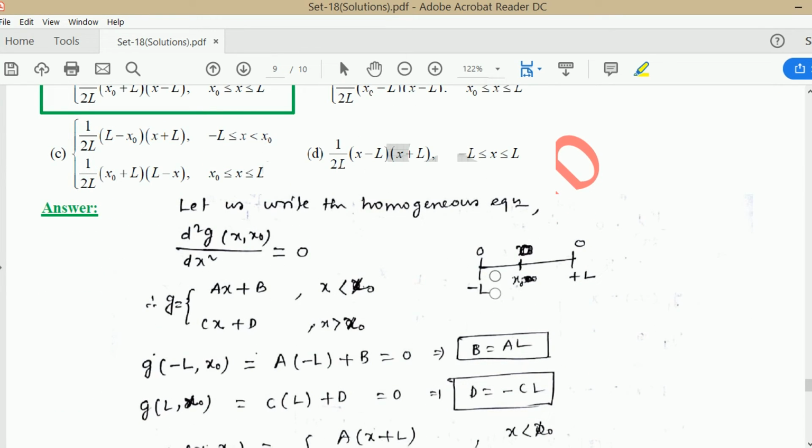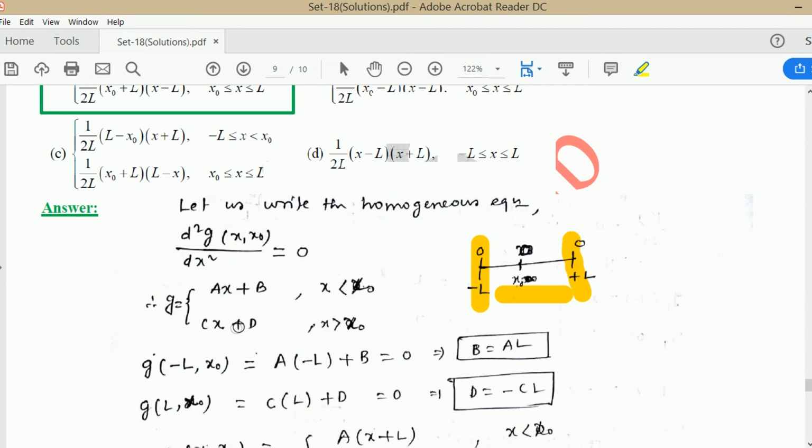Okay, and the situation is given like this. So we are calculating the solution in this limited region. As I told you in the Green's function video, using the Green's function method we can only calculate the solution on some fixed region, not on the overall region. Okay, so this is the region minus L to L, and x naught is some arbitrary point between these